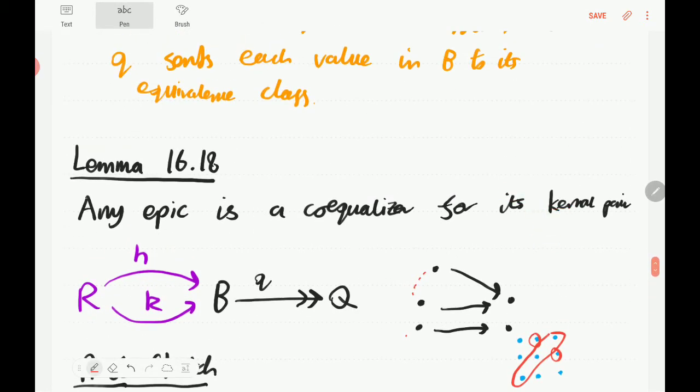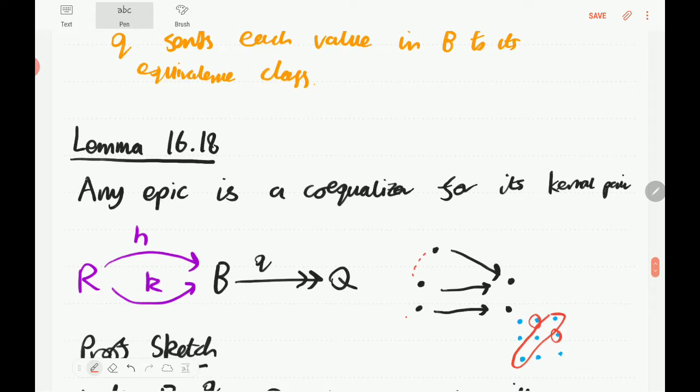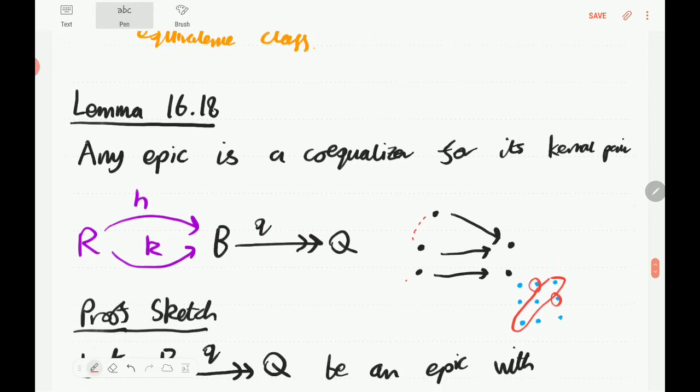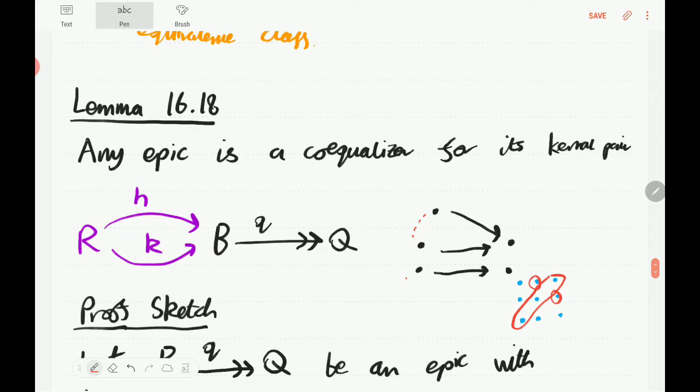So the idea here is if we have an epimorphism Q and we find its kernel pair H, K, then we can actually think of this Q as being the co-equalizer of those. Because it's essentially gluing together stuff that's, I mean, the idea of this kernel pair here is that it's going to be